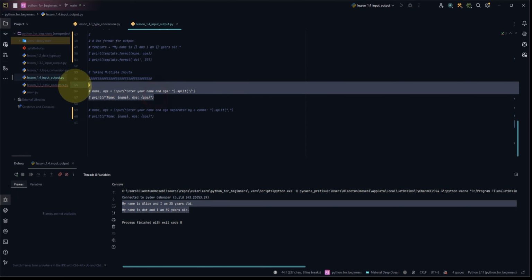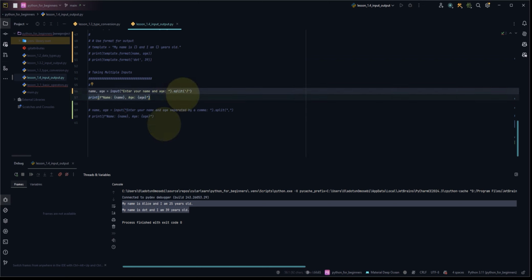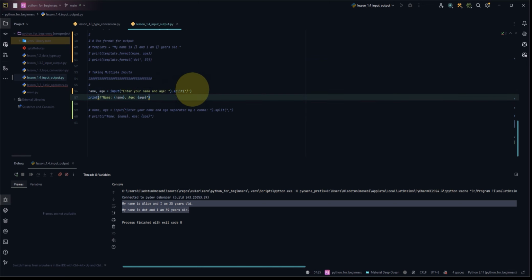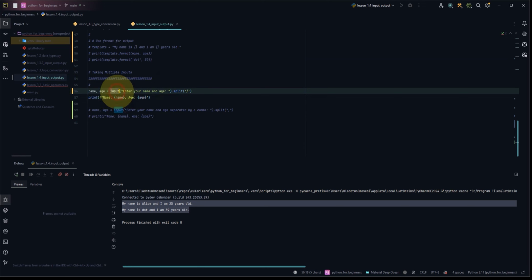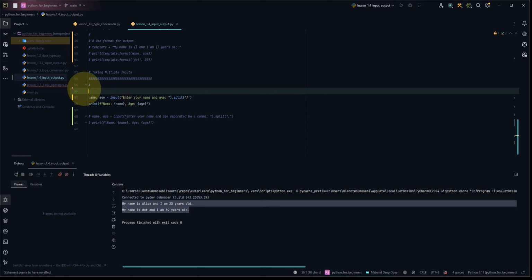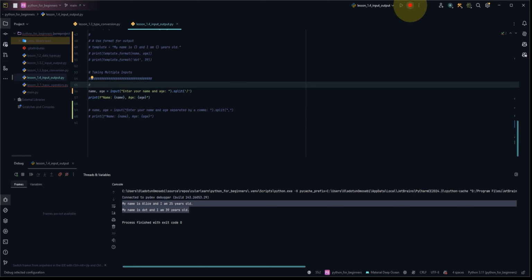And then lastly, you come down here and comment this. The same thing we're doing here, but in this case, we are providing multiple entries for the input function. Before it was just a single variable, but you can actually use split at the end of the input, because at the point where you're running this input, it's providing a string. What simply happens is that the split function applies to that string and splits it into an array. This is what an array looks like. That's an array. This is an array of integers, but what you get from this is an array of strings. So if I were to run this,